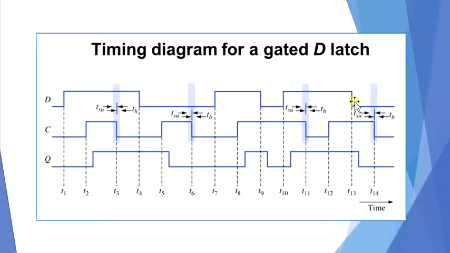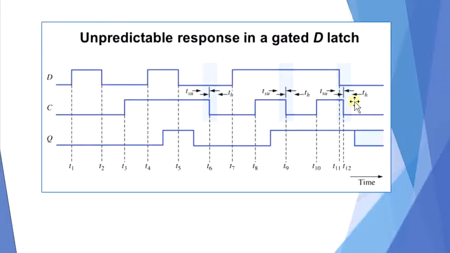That is illustrated in the next figure. Here you can clearly see that the unpredictable behavior occurs when the latching is attempted at time T12, since the signal on the D line changed at time T11, which is assumed to have occurred within the setup time of the gated D latch. Setup and hold time constraints are very important properties when considering the behavior of all types of flip-flops.